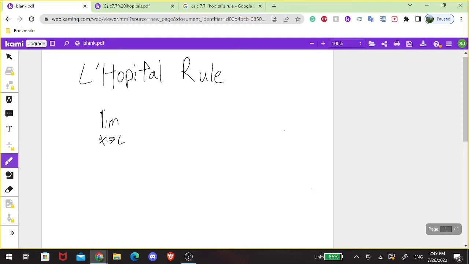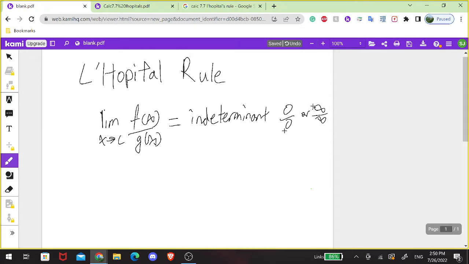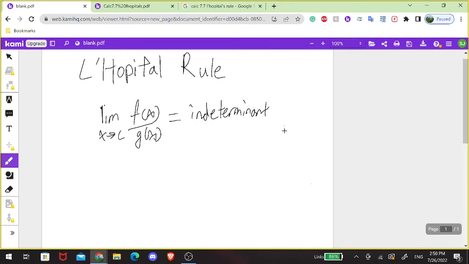can call C, any real number C, and you have f of x on top, divided by g of x on the bottom. If this is indeterminate, meaning 0 over 0, or infinity over infinity, or negative infinity over negative infinity, okay, so that means it's indeterminate. And if that's the case,